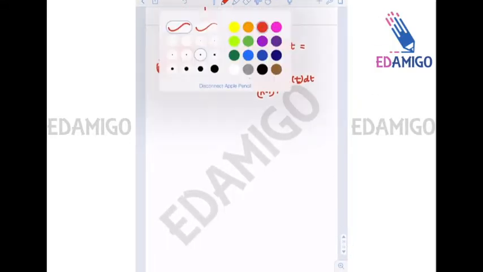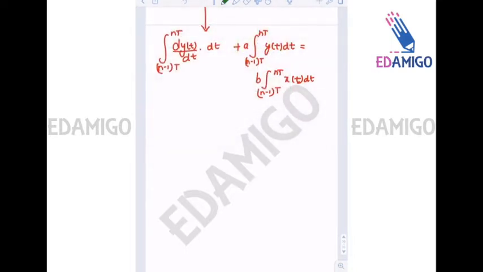Now we will use a rule that is called trapezoidal rule of integration, which says that integrating